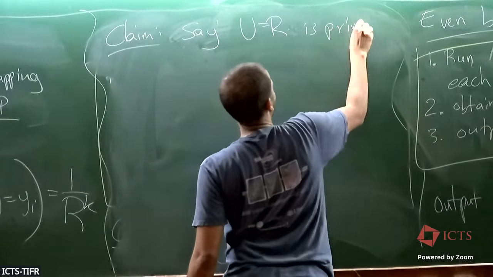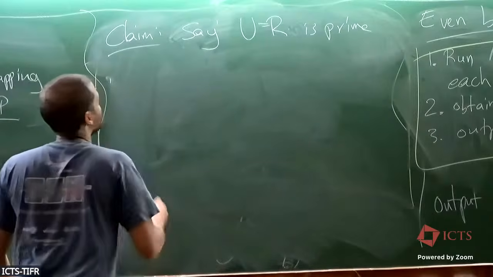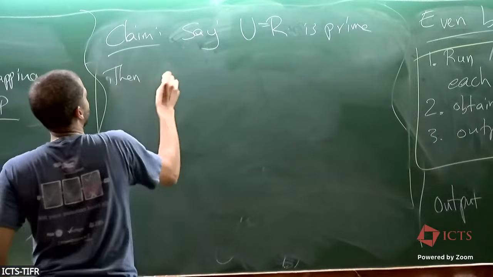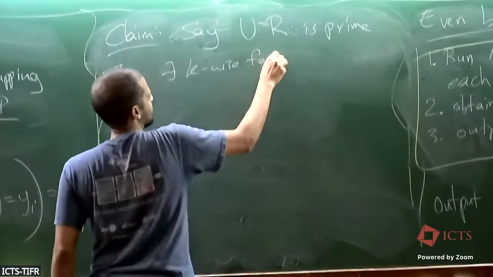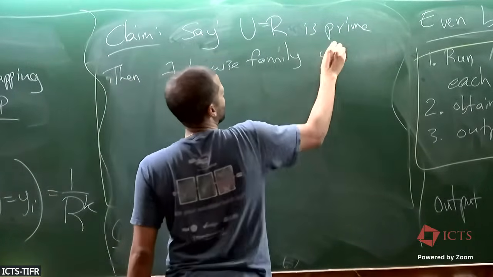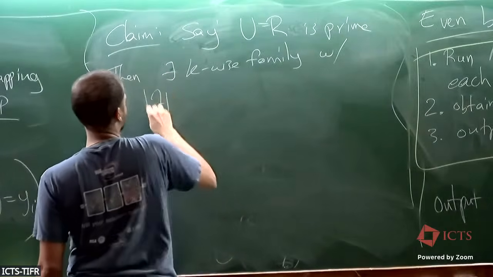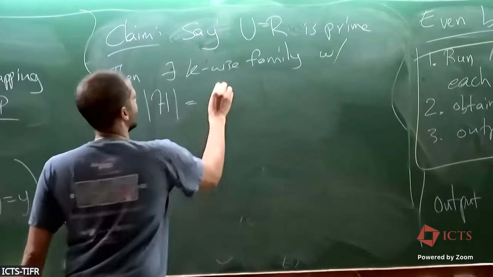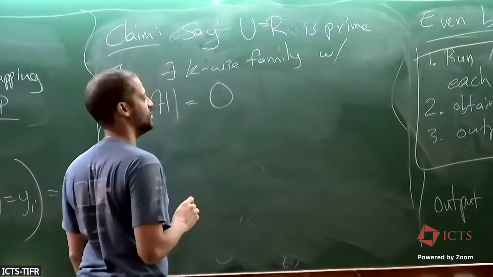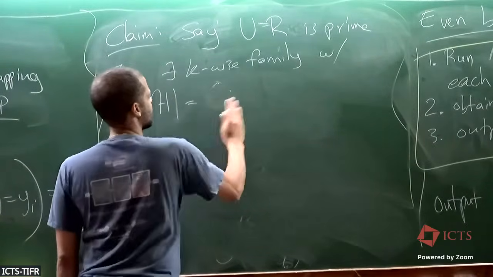It's a prime integer. Then there exists a k-wise independent family with the size of H being O of, I guess, let's say,